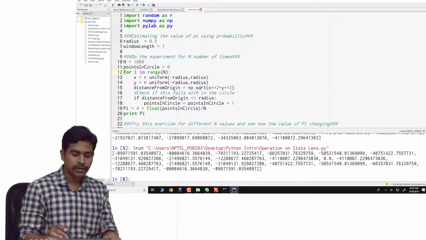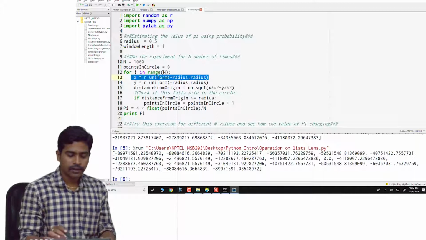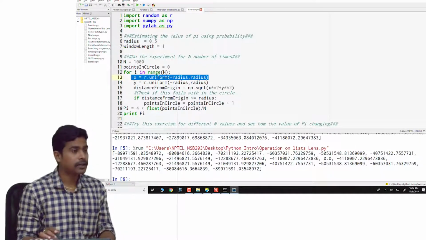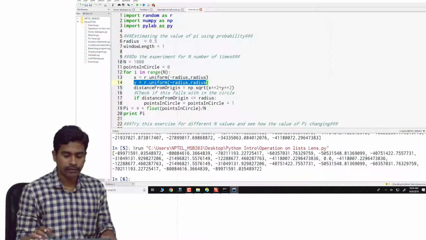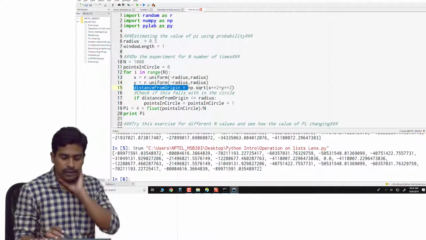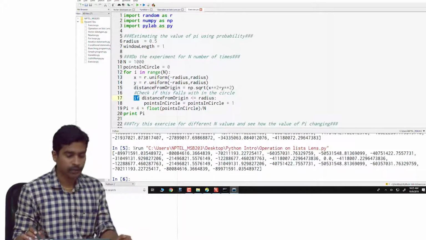Again I am using a for loop, and on each of these trials I am taking two numbers, x and y, from within minus 0.5 to plus 0.5. The y coordinate also lies within minus 0.5 to 0.5. I am calculating the distance using the equation that I have shown before.